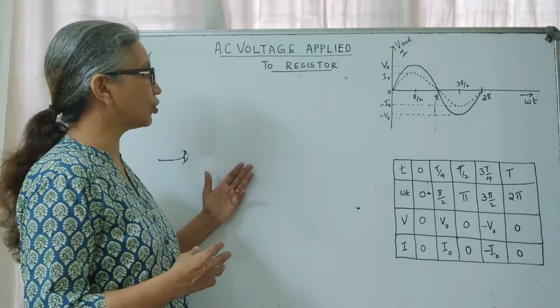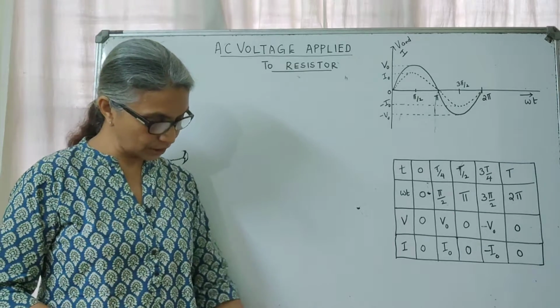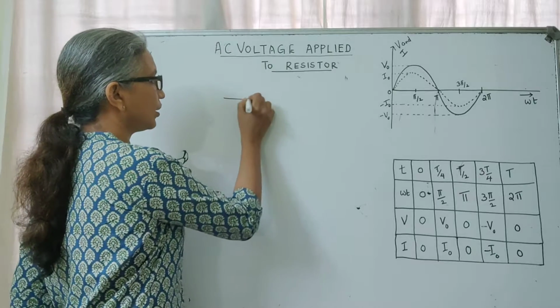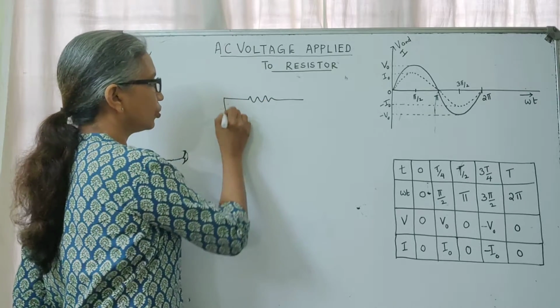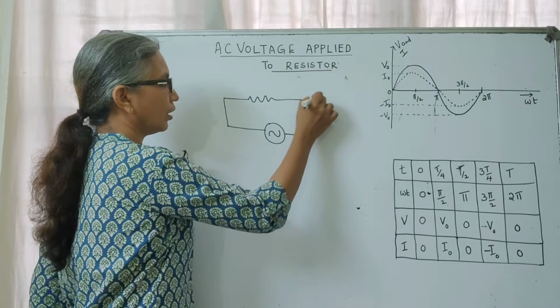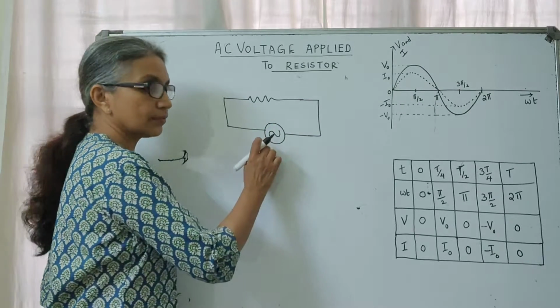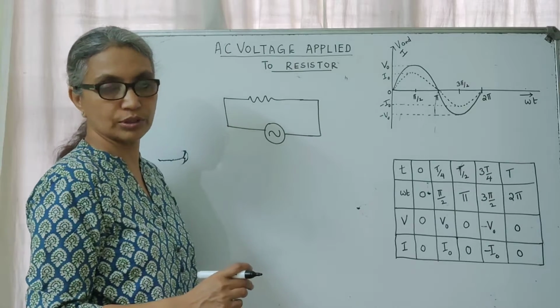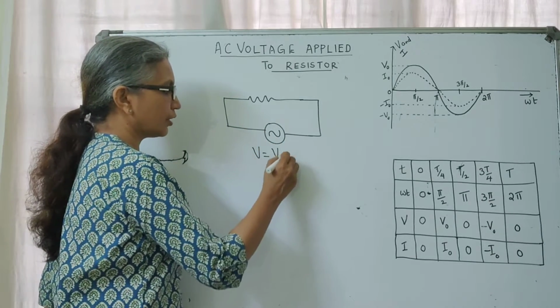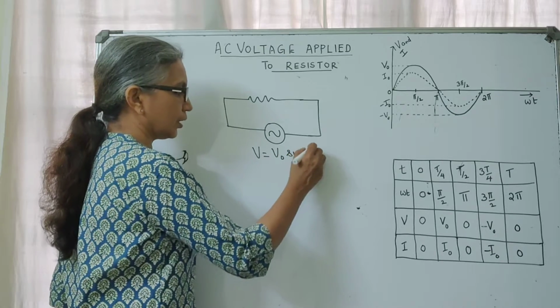So, getting back to our topic here, what we have today is a very simple circuit where you have a resistor to which you are connecting an AC voltage. This is a symbol for an AC voltage where this is given as V equal to V0 sine omega t,